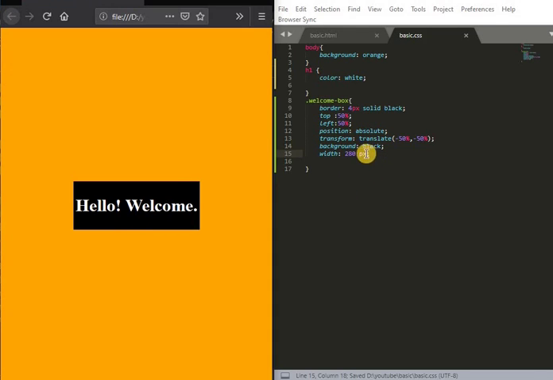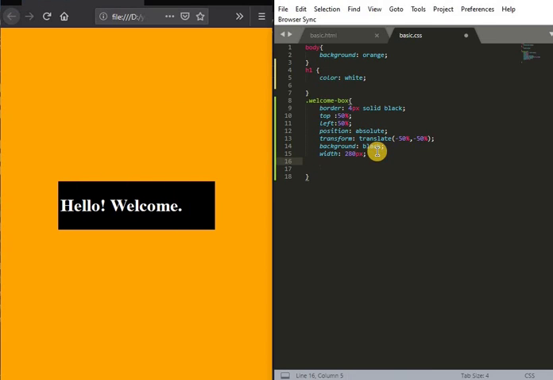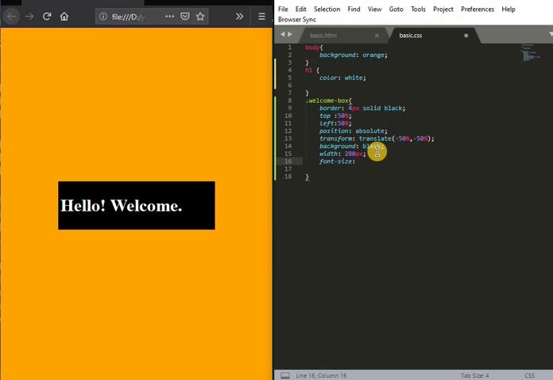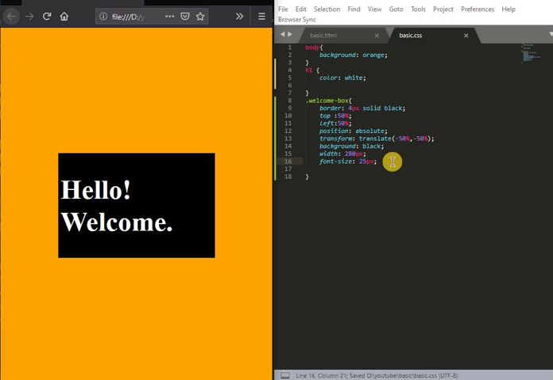That is already 280 pixels. So this is 280 pixels, and I want the font size to be 25 pixels. Let's see. Okay, 25 pixels.